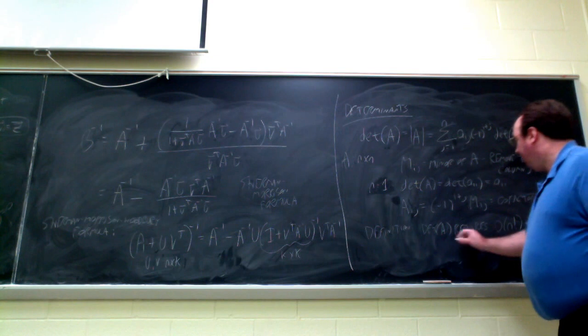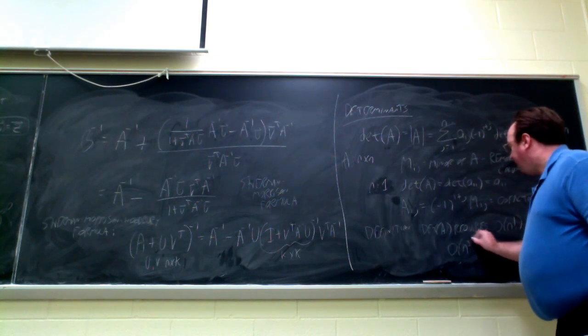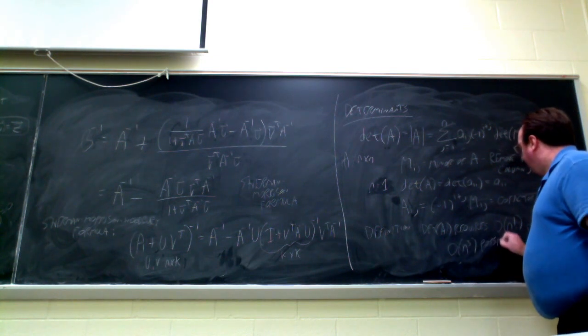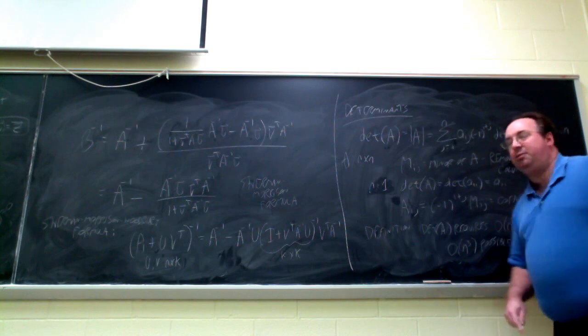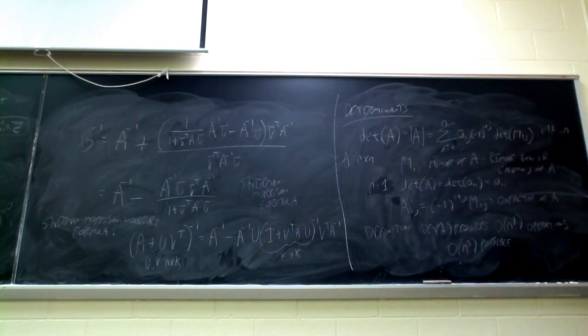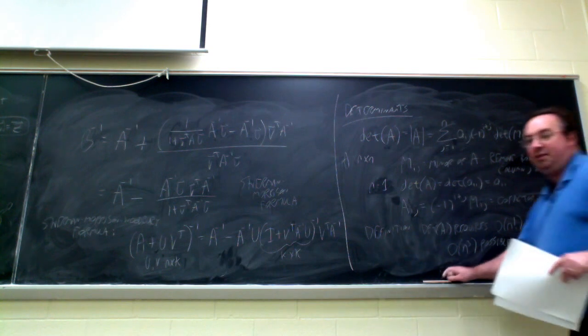Now, we could do much better than that. For a general n by n matrix, it's possible to compute a determinant in the order of n cubed operations, a function that grows far more slowly than n factorial. And when I get to solving systems of equations, I'll cover that then. Now, as far as certain properties of interest,